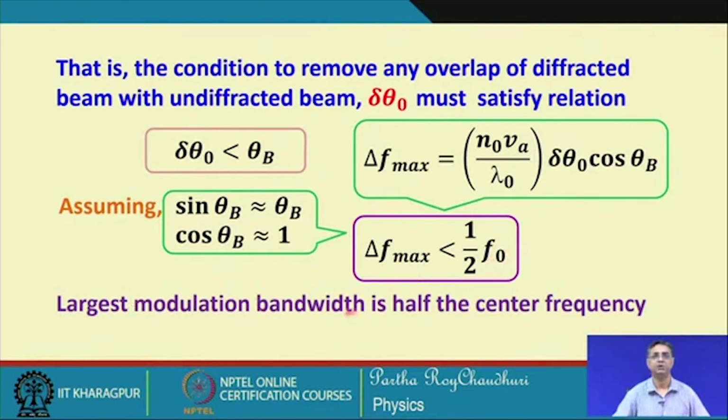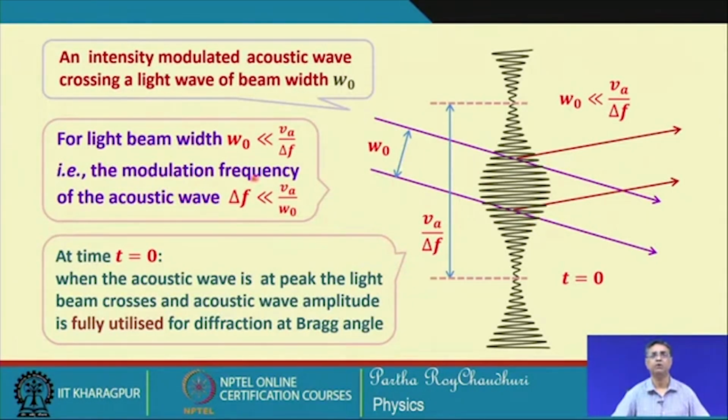So, the largest modulation bandwidth is half the center frequency of the acoustic wave. This is a very beautiful finding from this analysis, and I hope it has become very clear now. We will make it even more understandable by assuming this fact that